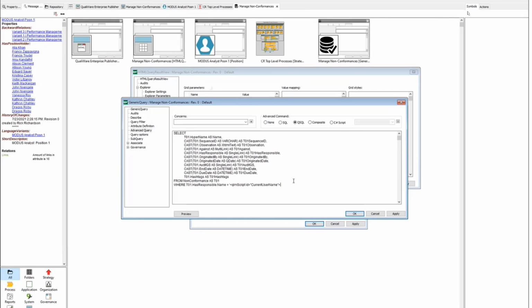So coming back to our query, if I wanted to add a filter for this as well, I would go OR, and then take everything that's here. And I would say instead of the has responsible name, what's inside the object that's inside the has responsible, we want the attribute called has position holder dot name. So we want the name of the object that's inside has position holder, and that object inside has responsible, which is part of our query. So in doing this,